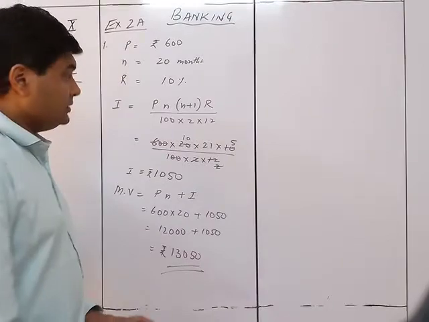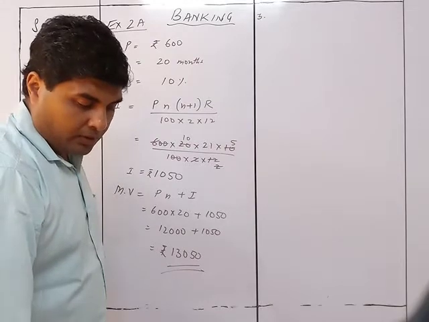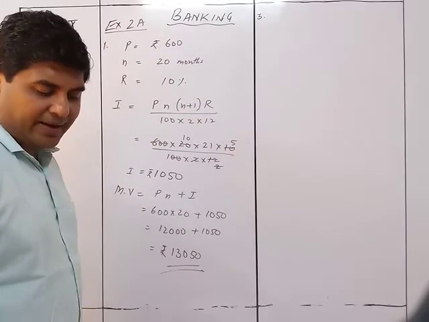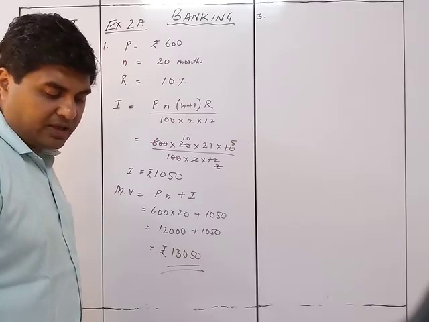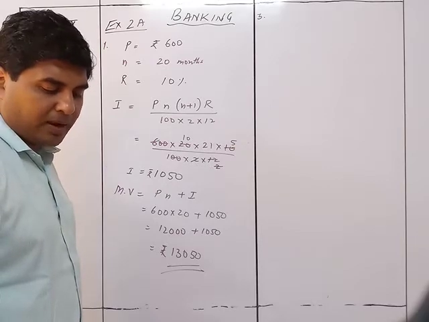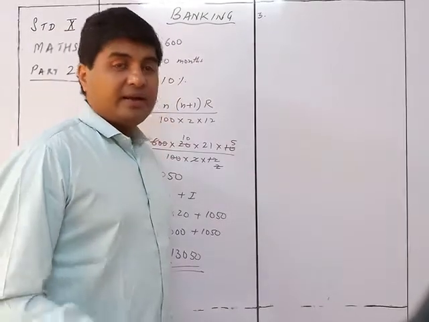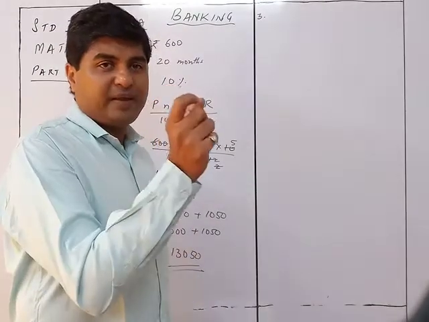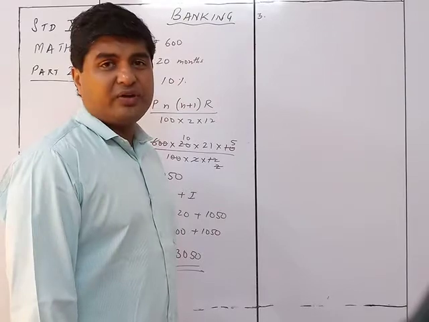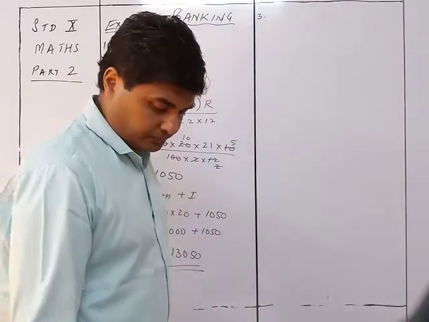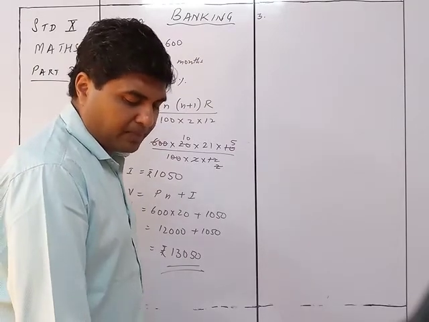We move on to sum number 3. Each of A and B opened a recurring deposit account in a bank. If A deposited 1,200 per month for 3 years and B deposited 1,500 per month for 2.5 years, find the maturity value. Now you can check that there is a misprint over here. It is just written 2 and a space. That space is meant for 1 upon 2. So for B, the number of years is 2.5 years, not 2 years. So who will get more amount and by how much? The rate paid by the bank is 10%.